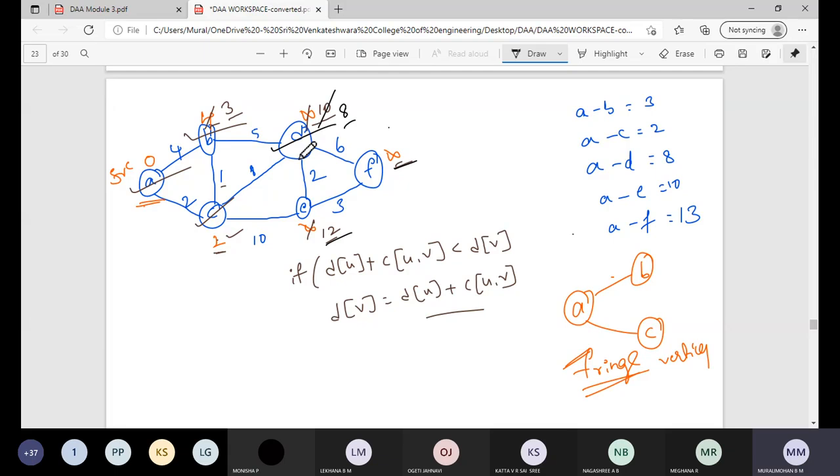If I select the vertex D, now again you update the fringe vertices distance. What are the fringe vertices of D? We are having E and F, right? E and F are fringe vertices of the vertex D. Now, can we update this E? Yes, sir. So what will be the latest value of this one? E. So now we are having 12, right?